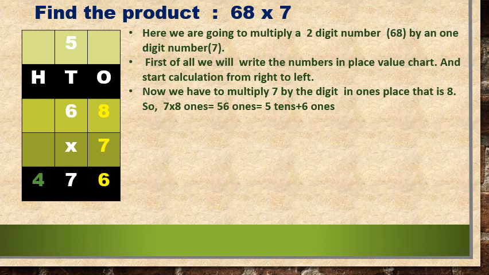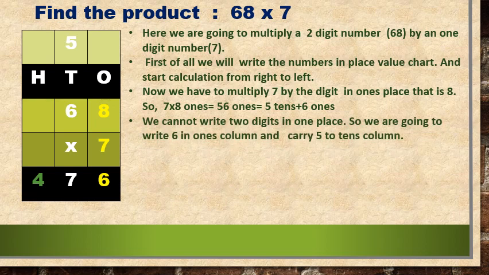Now we cannot write two digits in one place. So we are going to write 6 in ones column and carry 5 to tens column. Next,